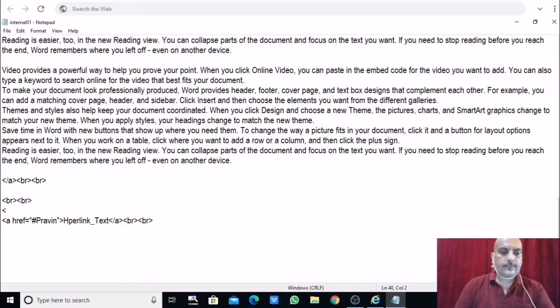Here, if I want to write a href equal to, what is the name of the paragraph? Within double quotes write the name, the name was green. How is that written, capital G or small? I think capital G and then R, green.